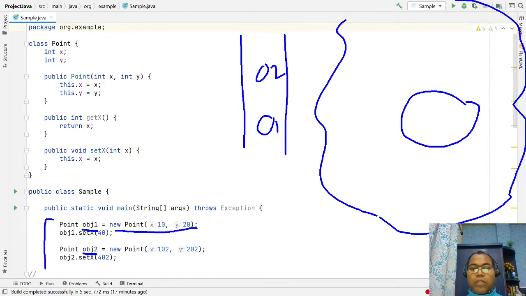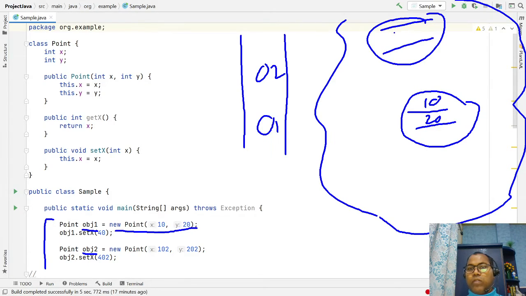We have one object with the values 10 and 20, and similarly another new object with the values 102 and 202. This refers to this object, and this refers to this object.